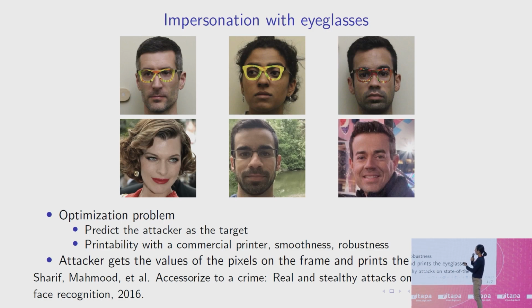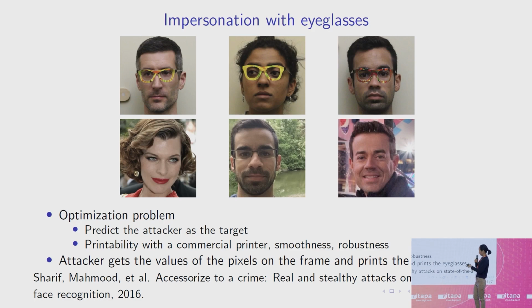Then smoothness, in the sense that the contrast of the colors is not too big, and they also want to achieve robustness, so that with different angles and light, the picture can still be misclassified. With this optimization problem, they use an algorithm to solve it, and the output is the values of pixels on these eyeglasses. So the attacker just prints it, wears it, and can be